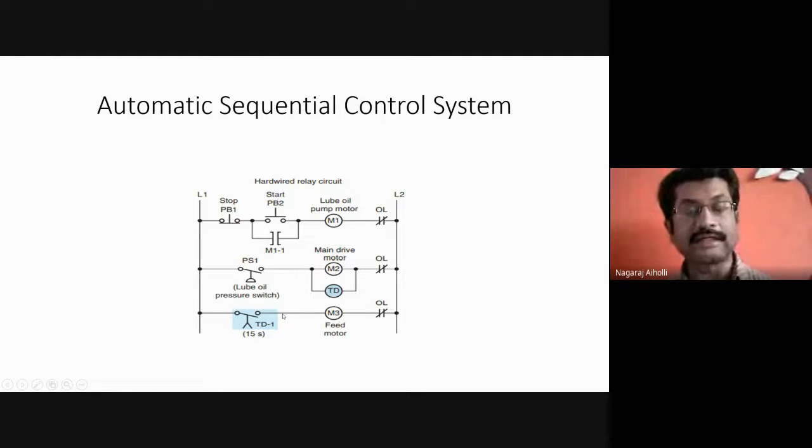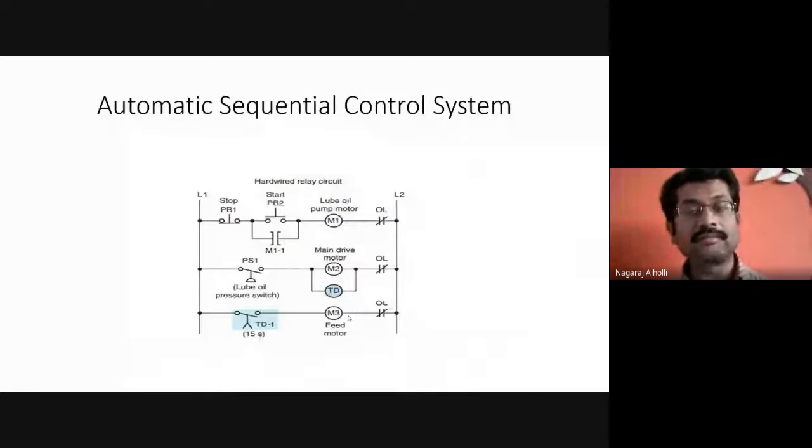of 15 seconds of this time delay contact, the feed motor is activated. Okay, so this feed motor is nothing but a servo motor, servo system, right, and an electronic controller. A servo system we have studied in our previous classes. It consists of a feedback system, correct, to control the position of the motor and to measure the velocity with which it is rotating. So all those parameters of the motor can be controlled or monitored. Such a system is called a servo system. So this feed motor consists of a servo system and an electronic controller.